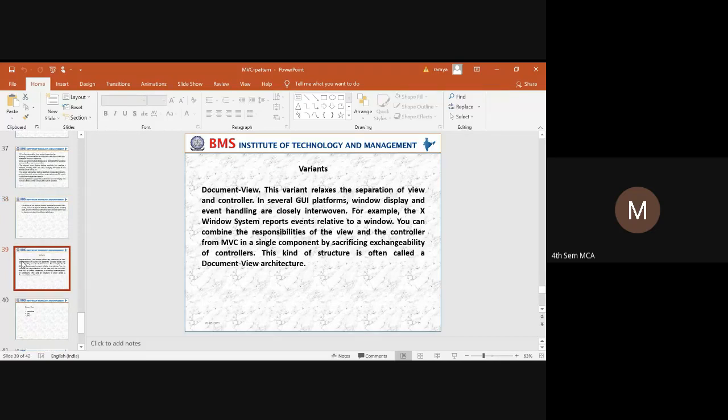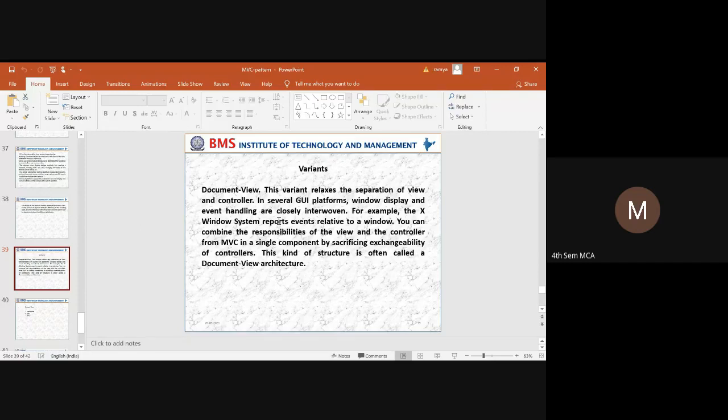And next is the document view. When you take the variants, it indicates what other different forms are available with this particular pattern. So with this MVC pattern, we have one more variant called the document view.